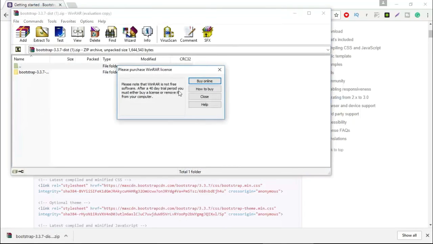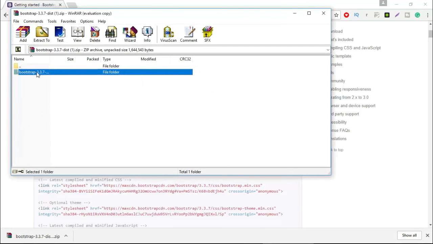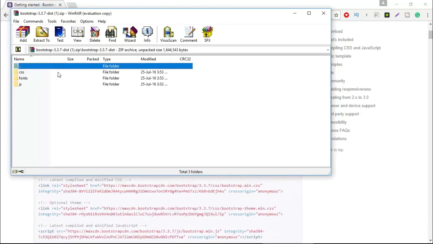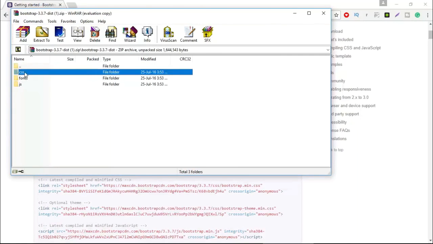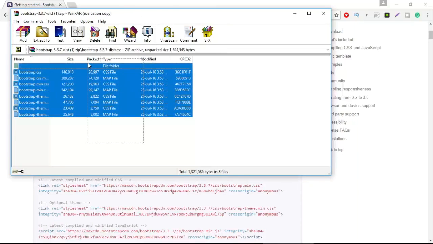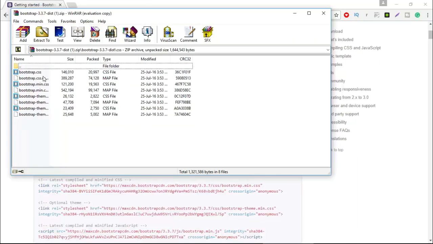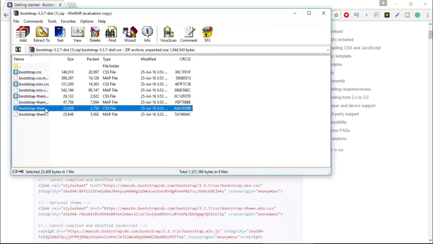As you can see, Bootstrap 3.7 distributable. I am opening this folder. Inside this folder we have CSS, fonts, JavaScript. Inside CSS you can see we have this many project files. This is the file which you can link with your projects. First we have to link this file, bootstrap.css, and then we have the min file here, bootstrap-theme.min.css. So what is min actually? Min means it is the minified version of the CSS. This file and this first file you have to link in the head section.